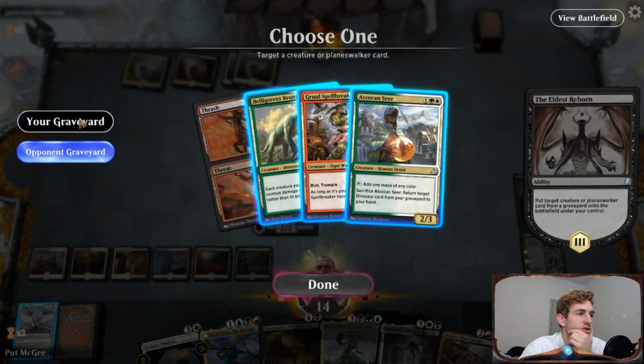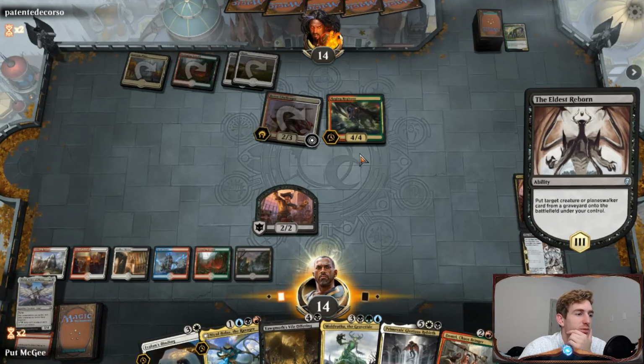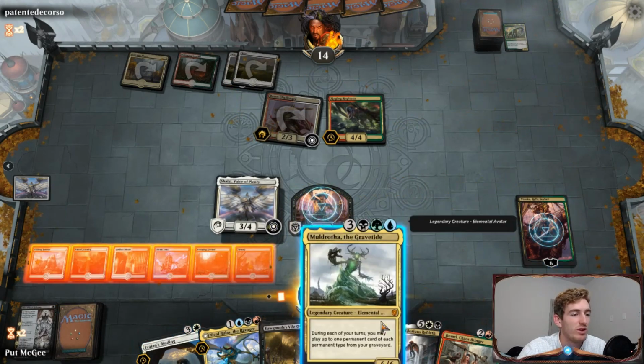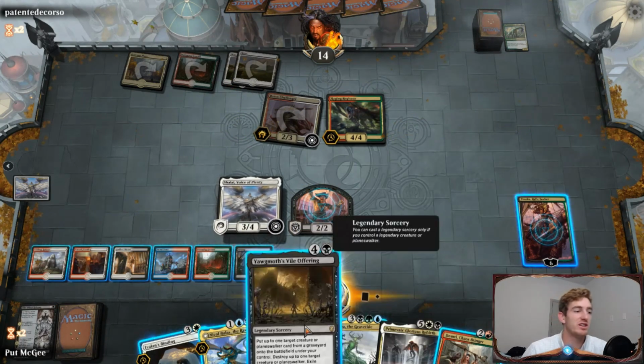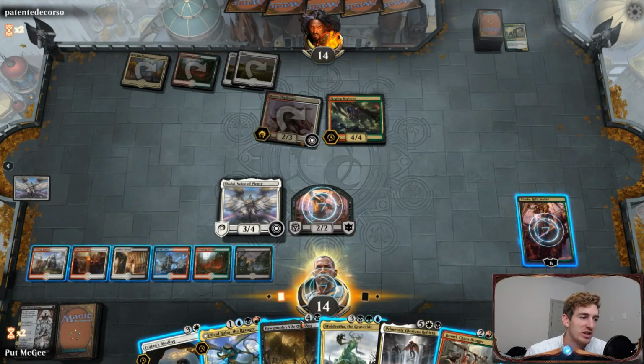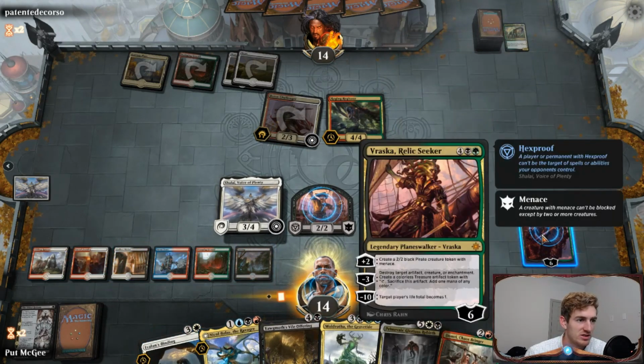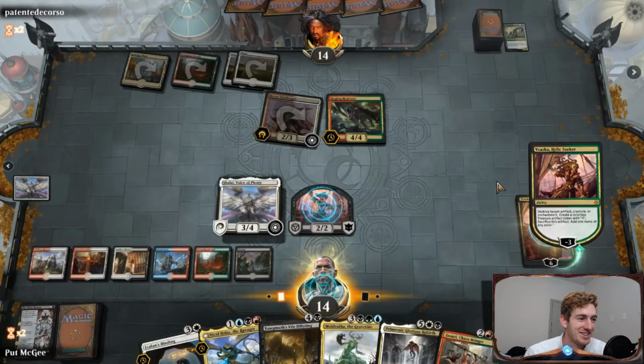Yeah, we'll get Shalai back. That may not have been the move though, because we do have Muldrotha and we have... But I mean, Yawgmoth's Vile Offering does the same thing. We can get back literally whatever we want. Okay, let's do this. Let's do this. We're going